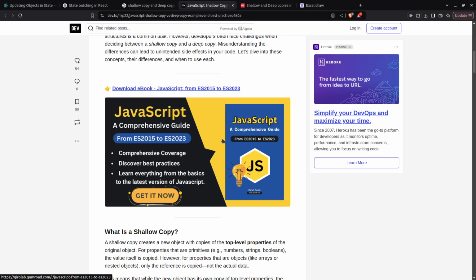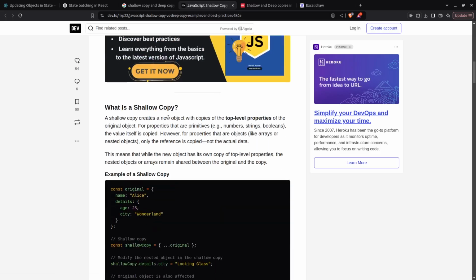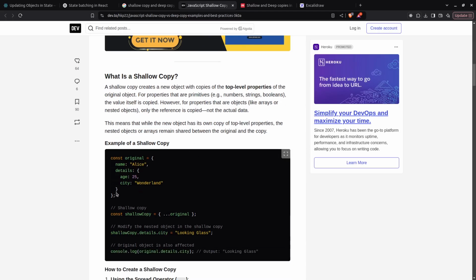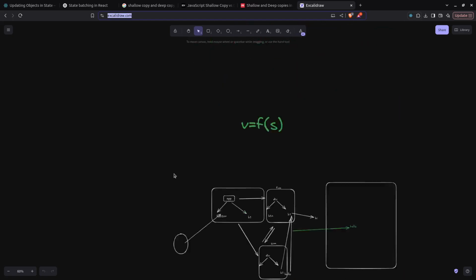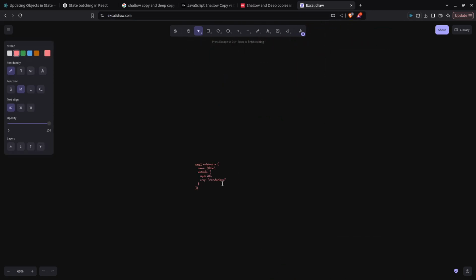What is shallow copy? Shallow copy creates a new object and copies top level properties. The top level properties, like in this object, let me copy this and go somewhere here and make it little. I want to just cover this and place it here and then